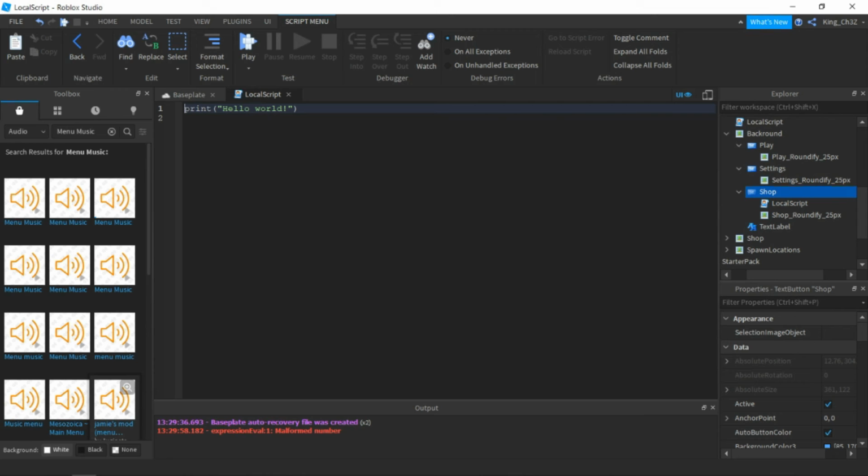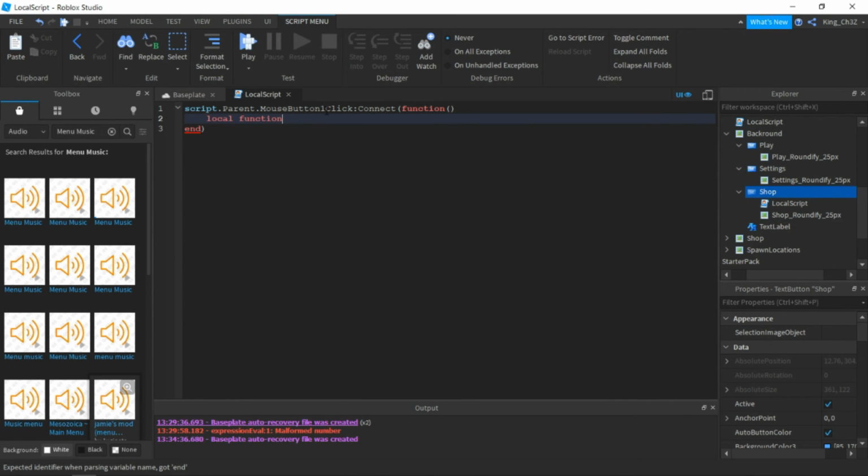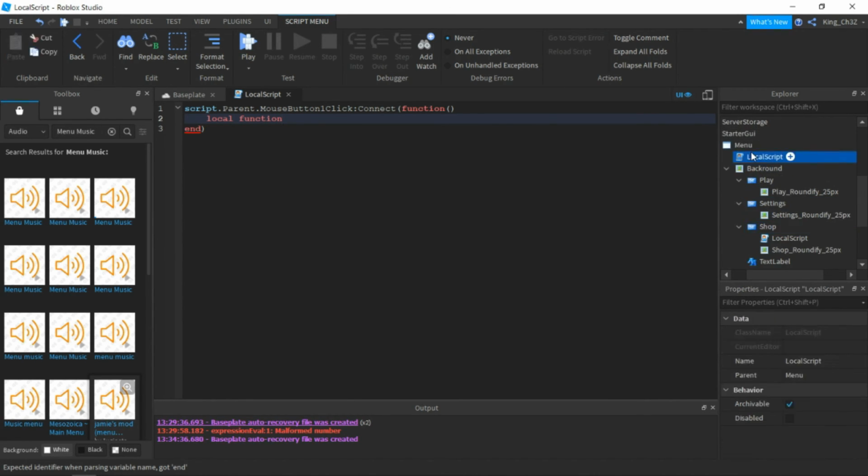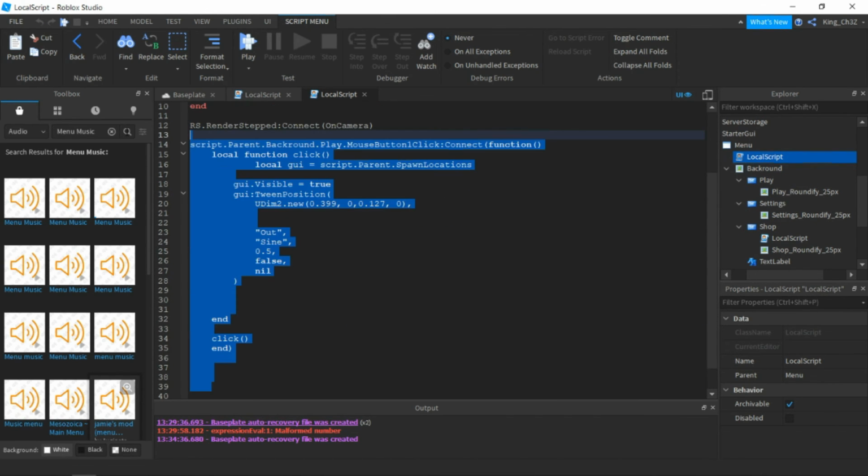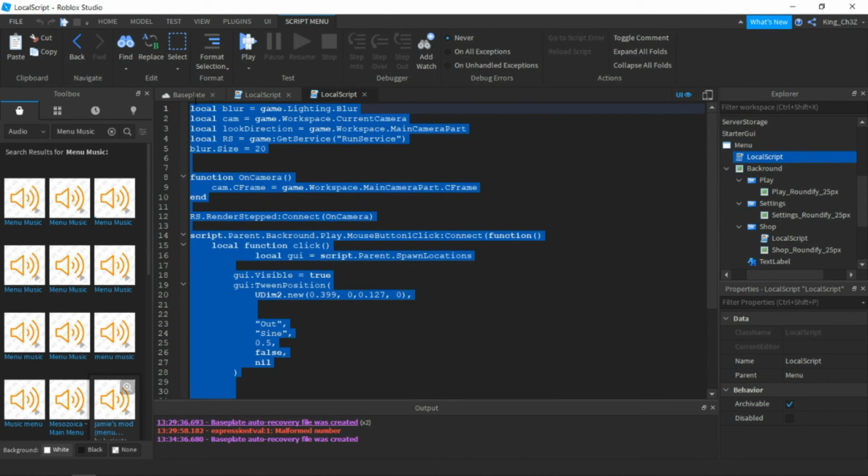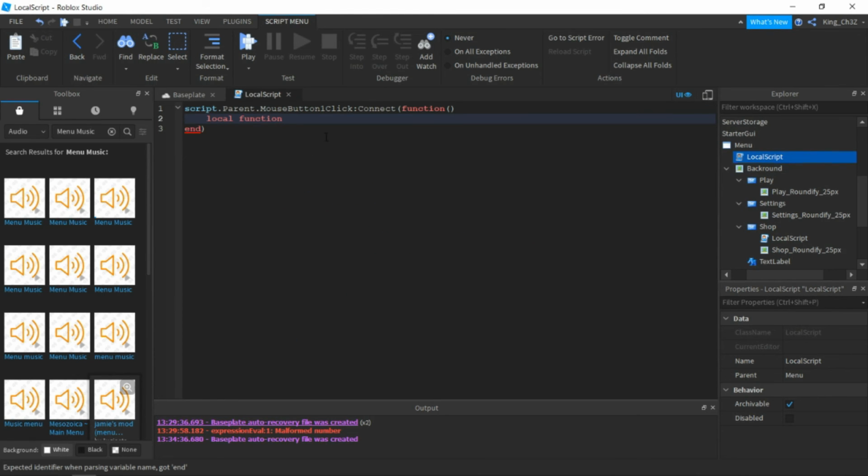So inside of that local script, we can write script dot parent dot mouse button one click connect function. We'll do local function. It actually really is the same thing as the play button one, so let's just go to the play button one. And then, actually no it's not, never mind. It's different, so click